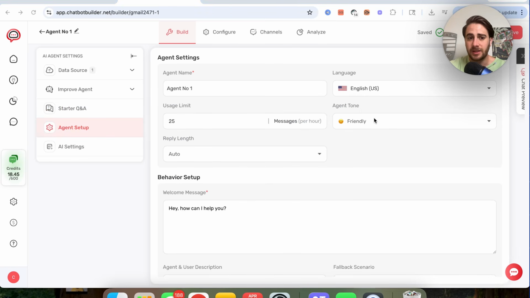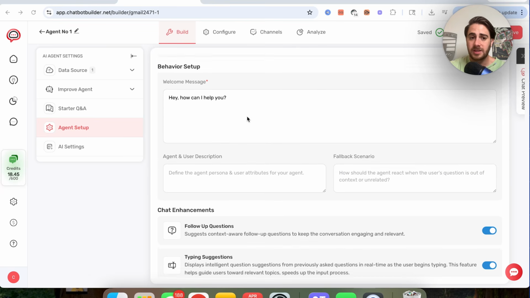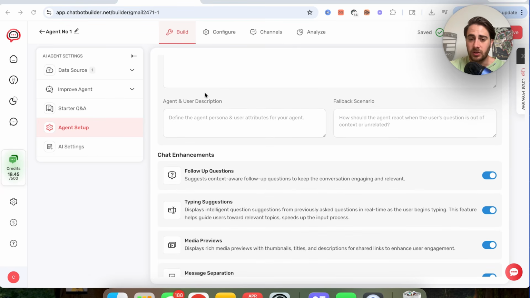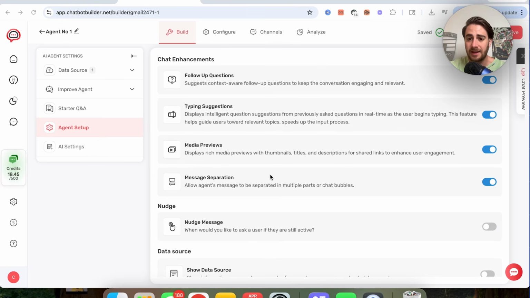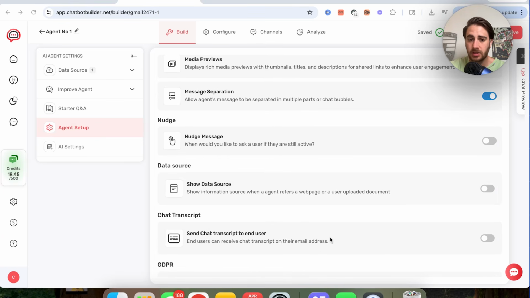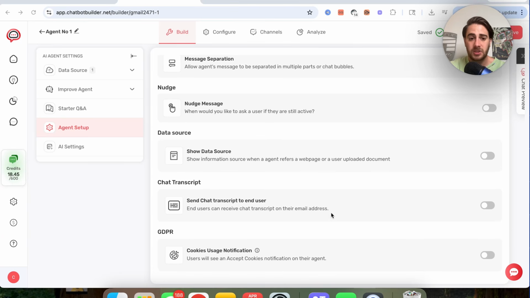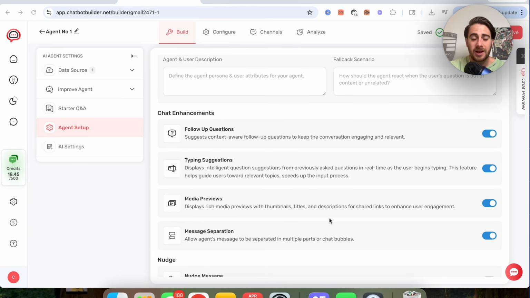We'll be able to name it. We could set the tone. We could set the reply length. We could set the usage limit. We could set up the behavior setup. We could give it a description, fallback scenario, and we could actually add in all these different chat enhancements like a nudge message or show data source or send a transcript to the user,